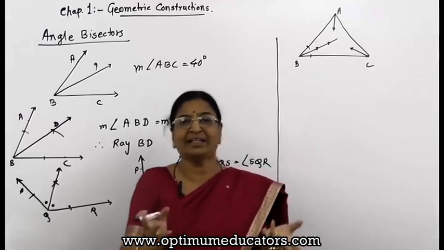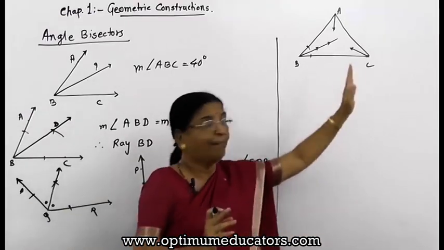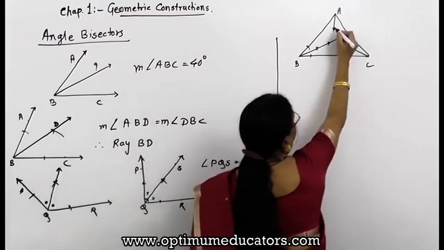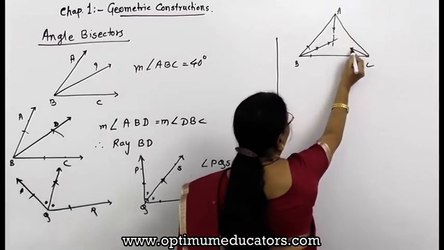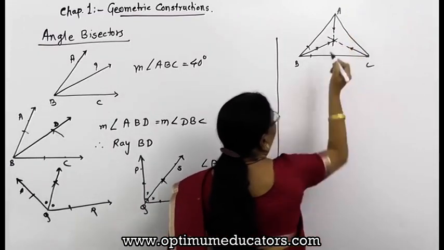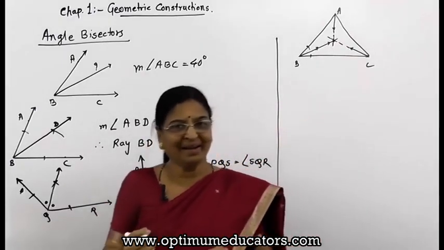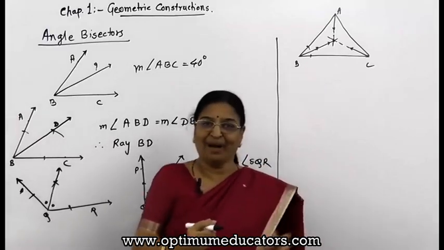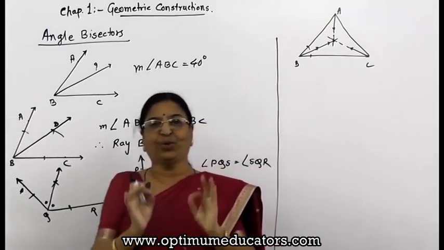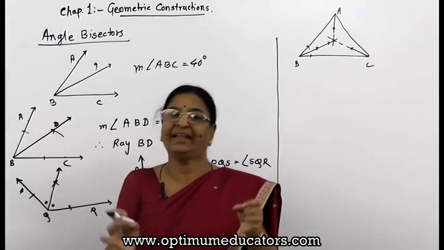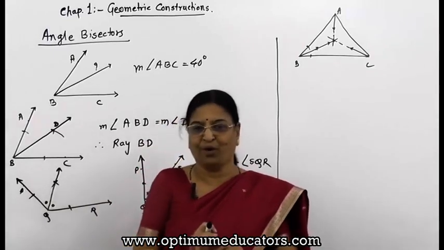Of course, the three angles are there for a given triangle. But now you can extend them. Can you see? They are passing through one point. What do you mean by that? All the three angle bisectors pass through one point, or you can say they intersect in one point.